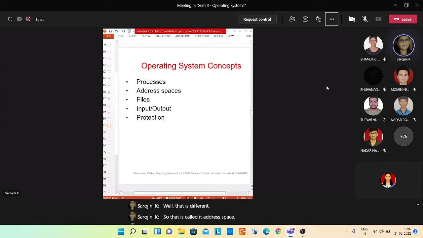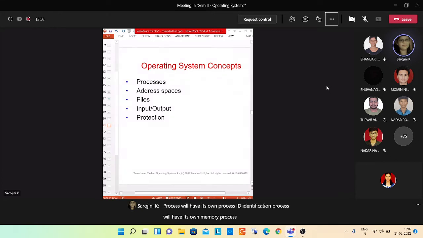So what is a process? A process is fundamentally a container that holds all the information needed to run that particular program. So a process will have everything. A process will have its own process ID, its identification. A process will have its own memory.